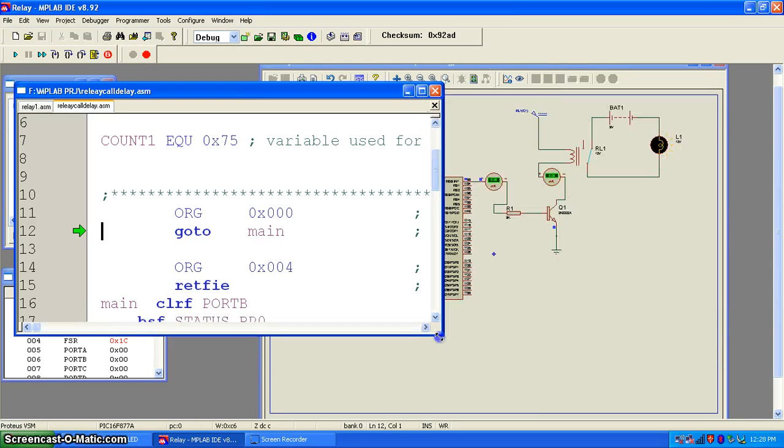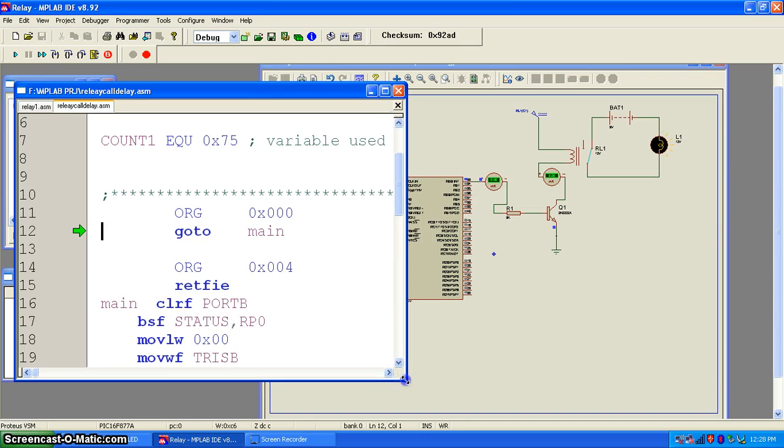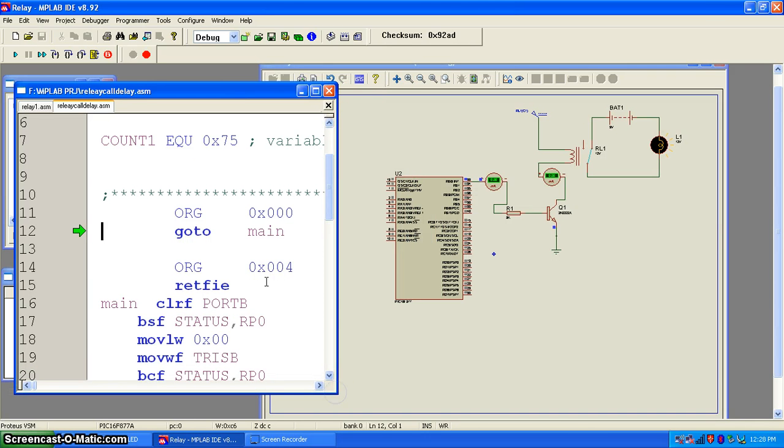Now I can do single stepping to understand how the instructions are getting executed step by step, or I can run the whole code. I go for running the whole code and see what happens. Based on the port pin delay you have provided, the relay is turning on and off continuously, so the lamp is glowing on and off. This is how we can control the external load connected to the microcontroller through a relay driving